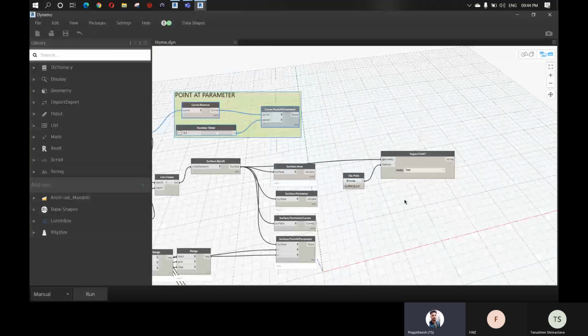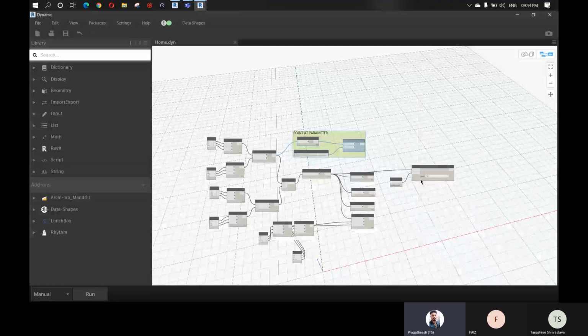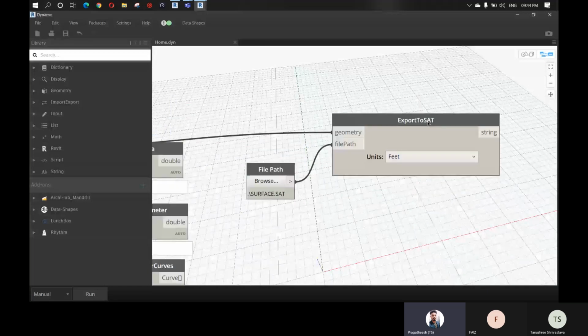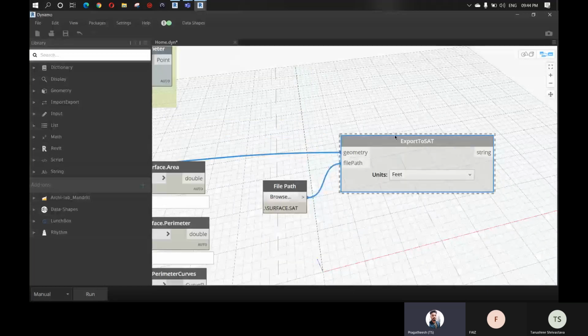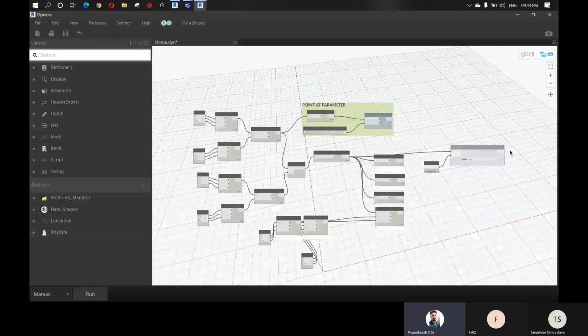And finally export to SAT. Fine. So let's say that we want to modify it. For now, I'm just freezing this because whatever we do in the background automatically exports to the SAT file, and that will take a lot of time, and sometimes our script can also crash. So I'm freezing it so that while we are working, this will not run. Okay, so now I'll run this.